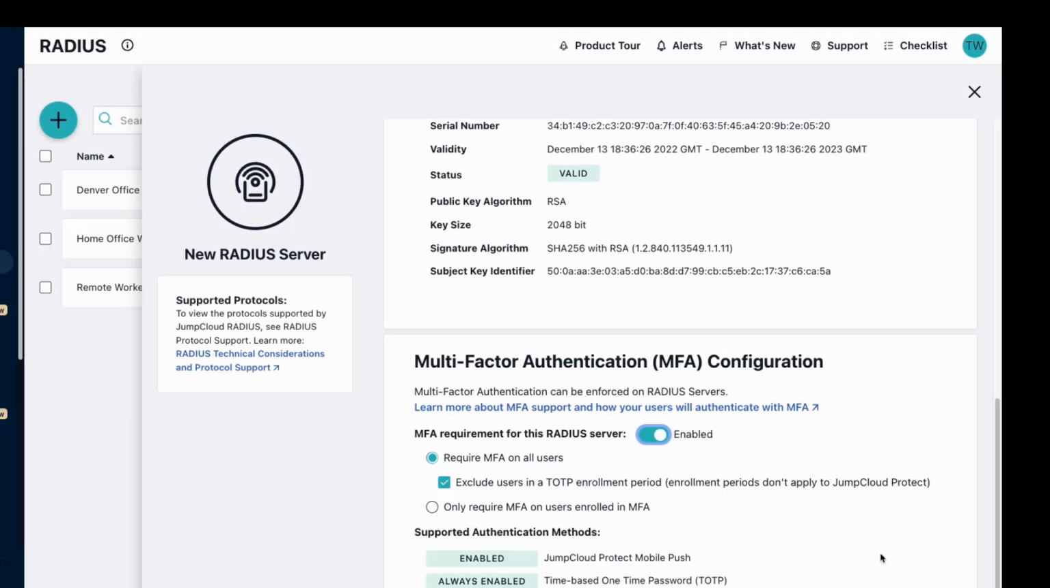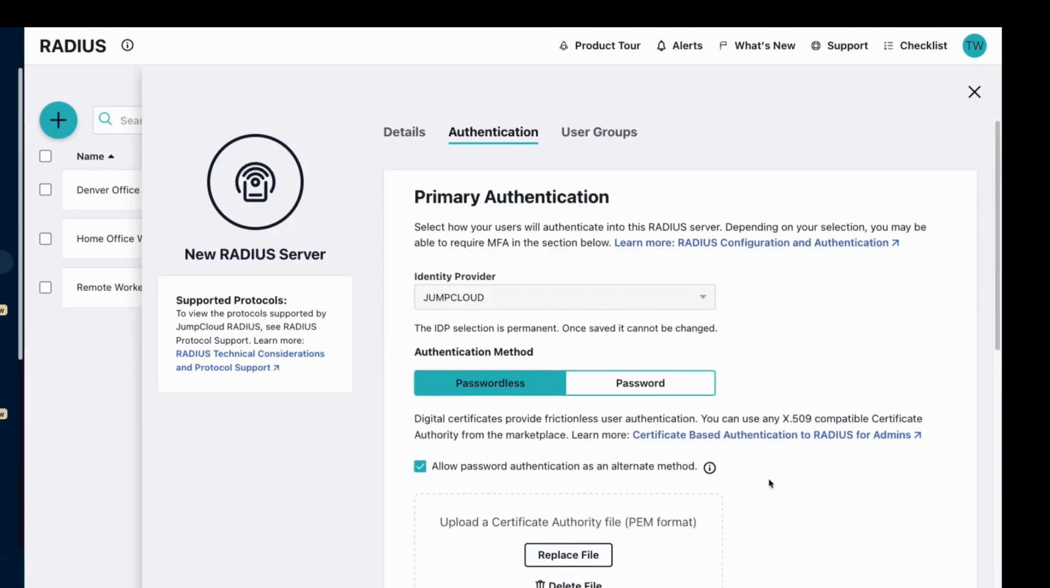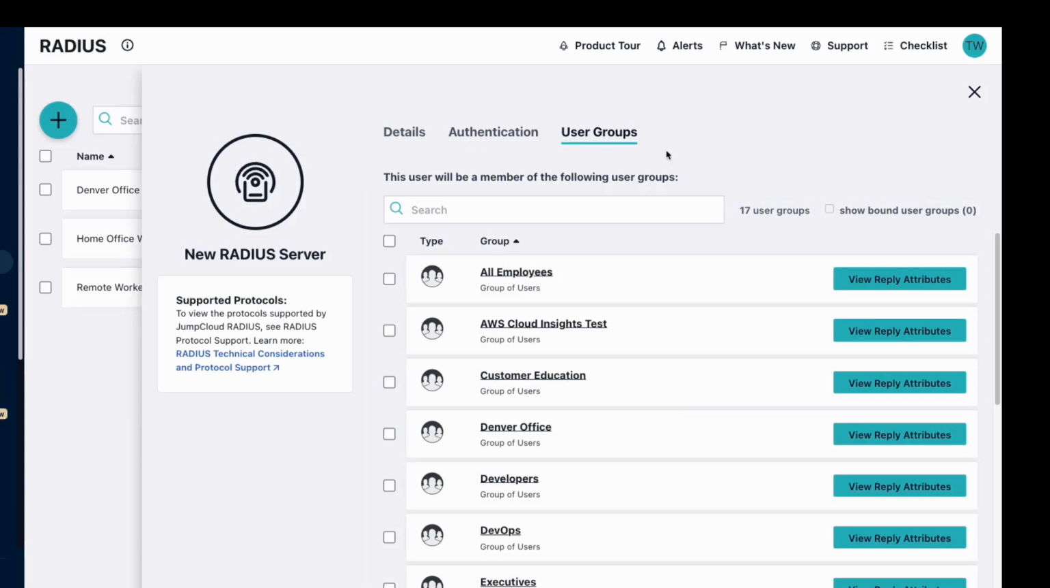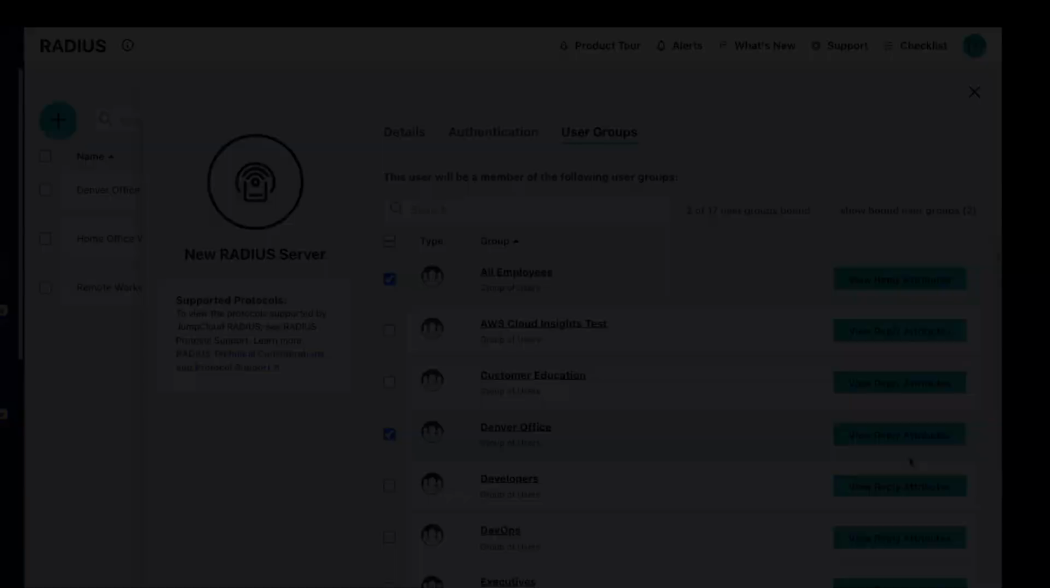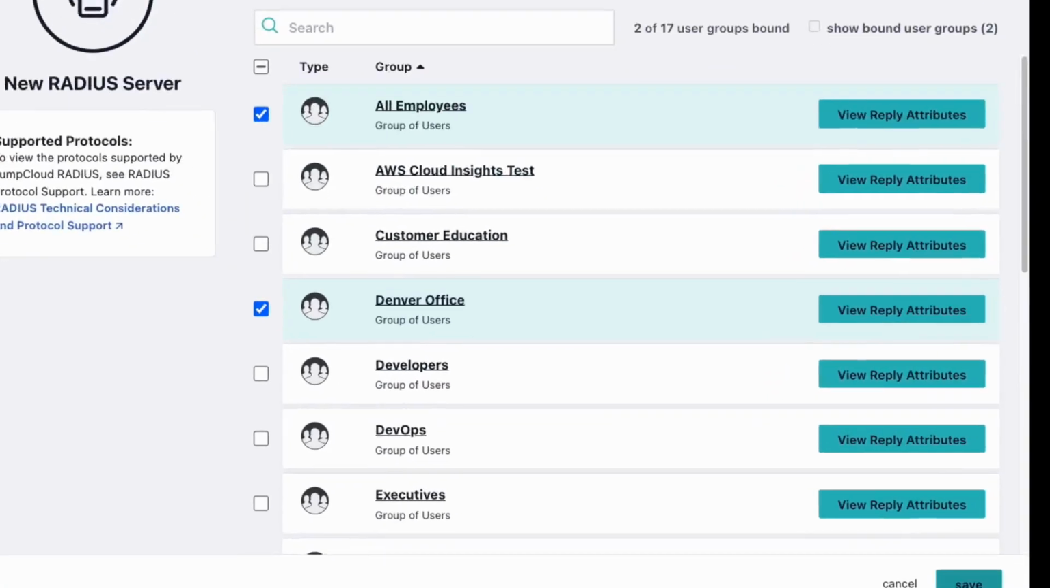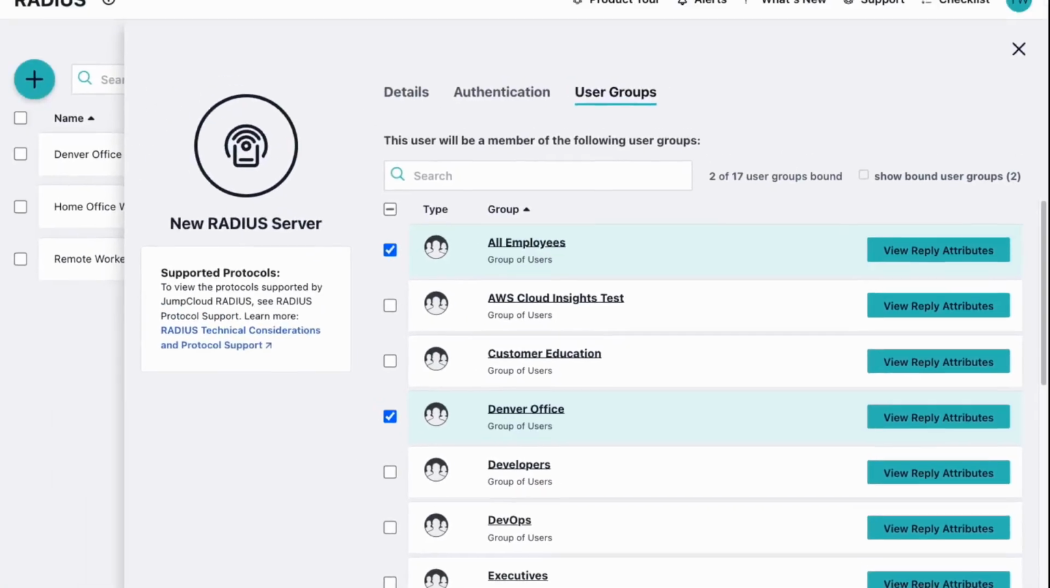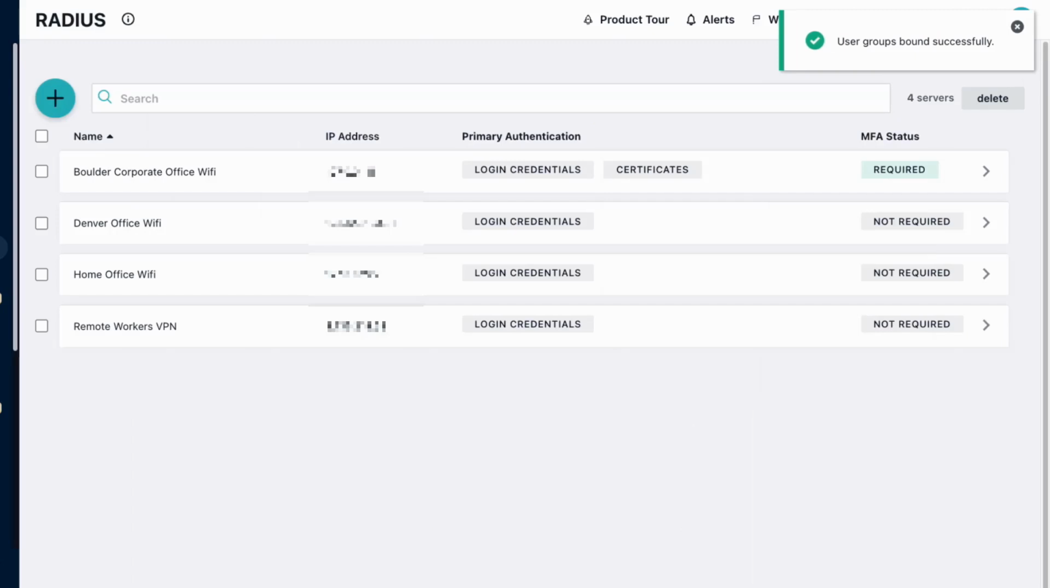Once you have your authentication configuration set, you can now assign this policy to user groups. Under the User Groups tab, check the box next to the groups you wish to grant access to this new RADIUS server. Once all user groups you want are selected, hit the Save button. Now these users will be able to log into the Wi-Fi or VPN with the credentials stored in the identity